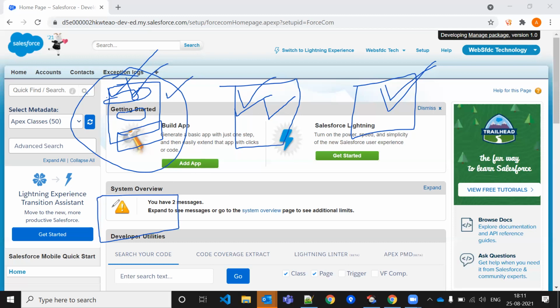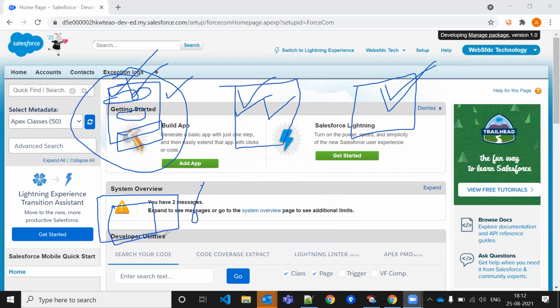Okay, so in the visual force page, whatever we were writing, about 50 to 60% was from the Apex class side, and about 40% we were writing as logic in the visual force page side. So it was taking more time to load the page, to display the output. Even the look and feel was also not perfect as compared to the lightning component. It was not the beautified look we wanted to see on the screen, so that was not achievable with the visual force page.